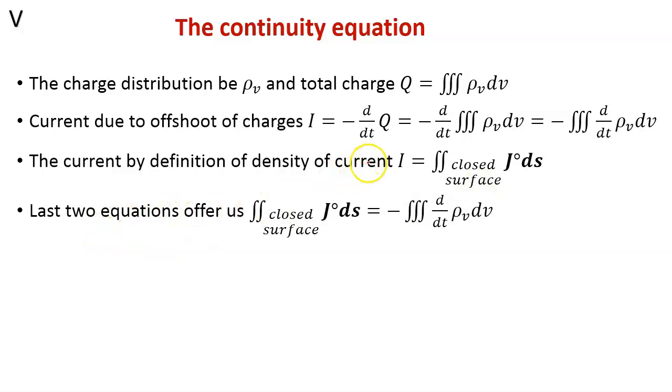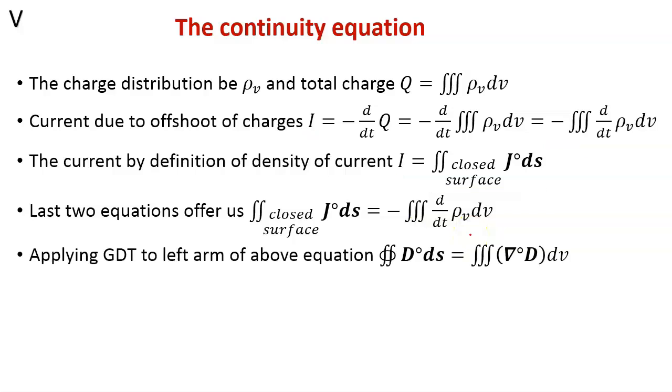Now we have two equations. The first one is for I using this, and the second one is from another definition of density of current this way. So both are representing the current. So I am equating these two equations. Double integration over closed surface j bar dot ds bar is equal to minus triple integral d dt of rho v. Now here we are going to apply the Gauss divergence theorem to this term,